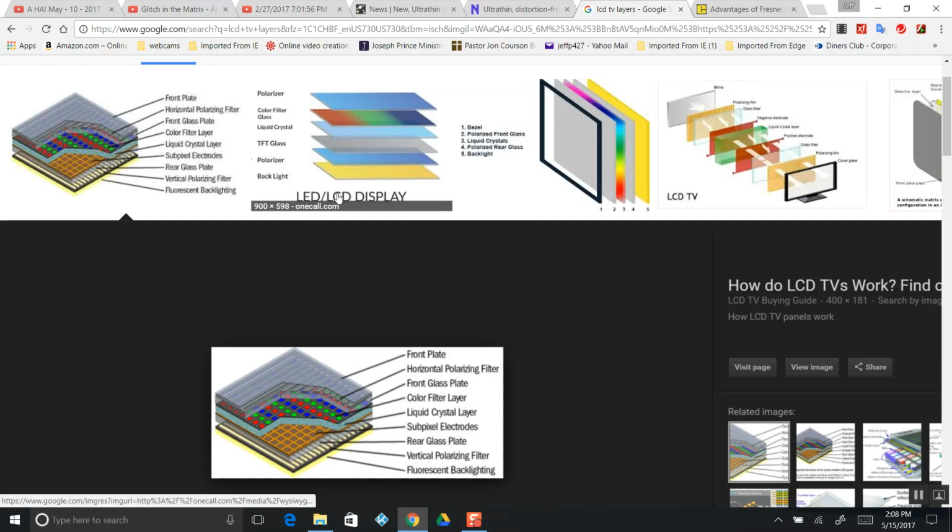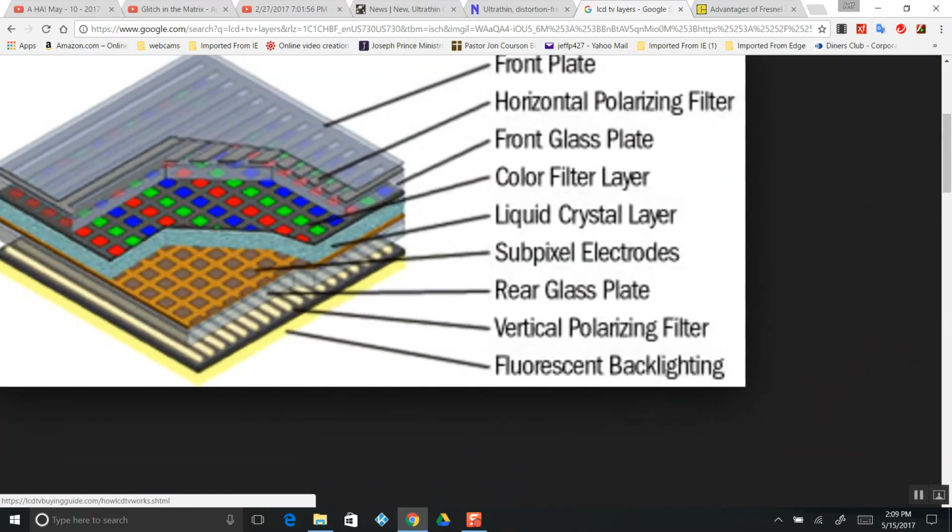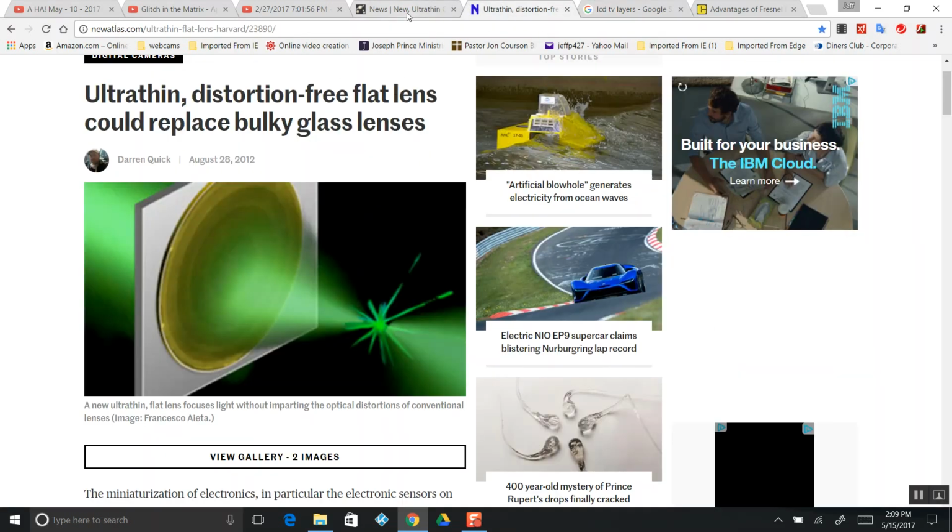This material here, this is the inner side of an LCD structure. These are electric subpixel electrodes, where they apply voltage on an X and Y axis, lighting up. I don't think it's quite an LCD screen. It is a lens that was made by JPL and NASA. And when the voltage is applied, instead of having this crystal here, they've got the silicone pillars, and they twist and shape the light because the density of the silicone is changing as it changes in diameter, like it says in this article.